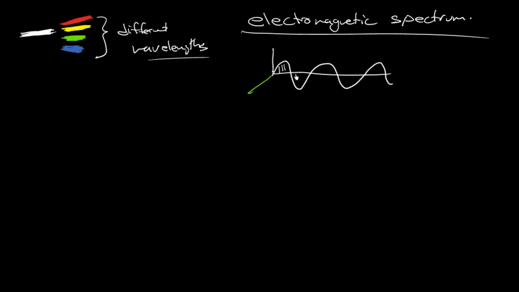But what's really important is that you appreciate that there are two components and they're 90 degrees from each other. But anyway, there's a wavelength. There's a length to this oscillation, okay? And that's what we're going to focus on here. And so, if you look at this whole electromagnetic spectrum, that is all the different wavelengths that are possible,